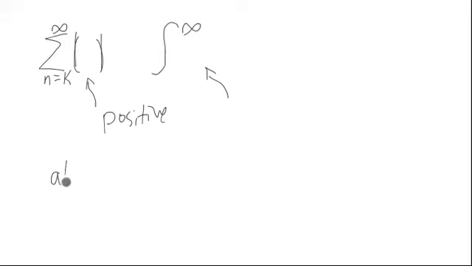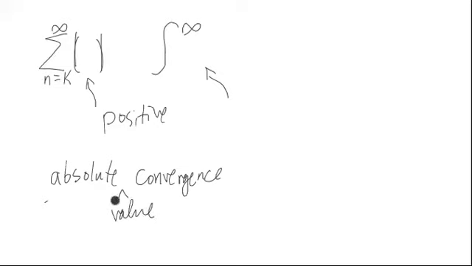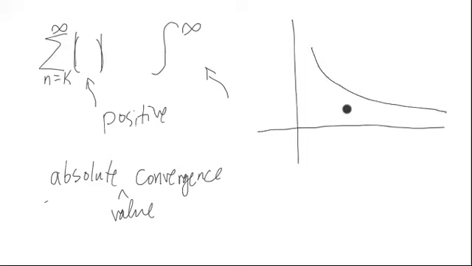That type of convergence is called absolute convergence. The absolute doesn't mean complete or total. It just means absolute value convergence. But we usually leave that out, so maybe we should add it in. Absolute value convergence is the type of convergence we're going to be working with as we do a comparison of a series to an integral. So the types of functions we'll consider will be ones that are positive, not ones that bounce around across the axis, but stay up here the whole time.